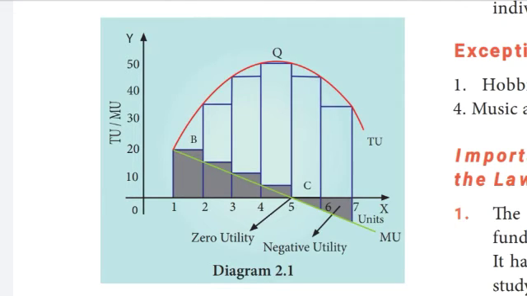When the marginal utility declines and is greater than 0, the total utility increases. For the first 4 units of apples, the total utility increases from 20 units to 50 units. When the marginal utility is 0, the total utility is constant and reaches the maximum. When the marginal utility becomes negative, the total utility declines from 50 units to 45 units, then to 35 units.